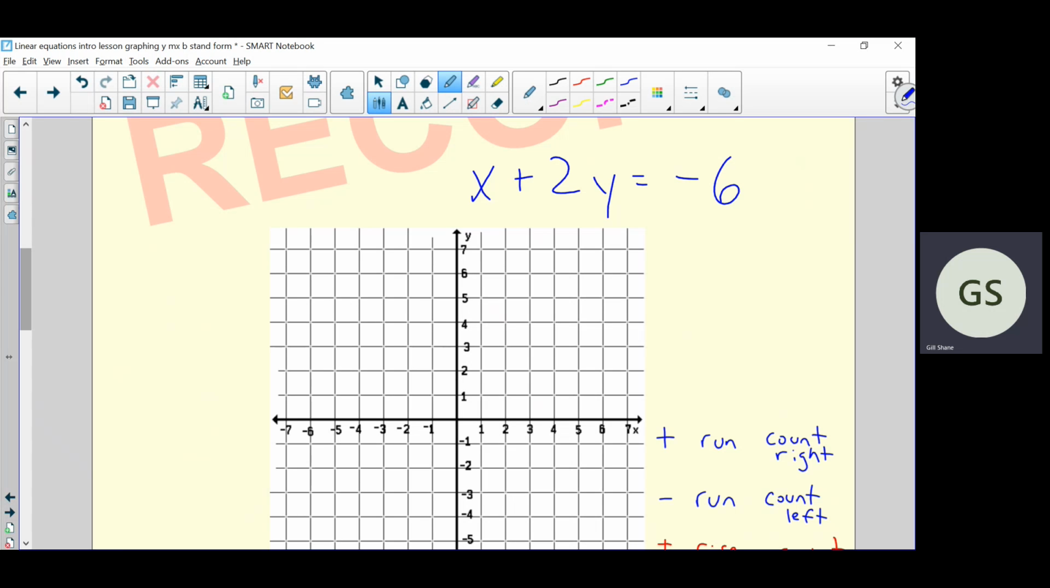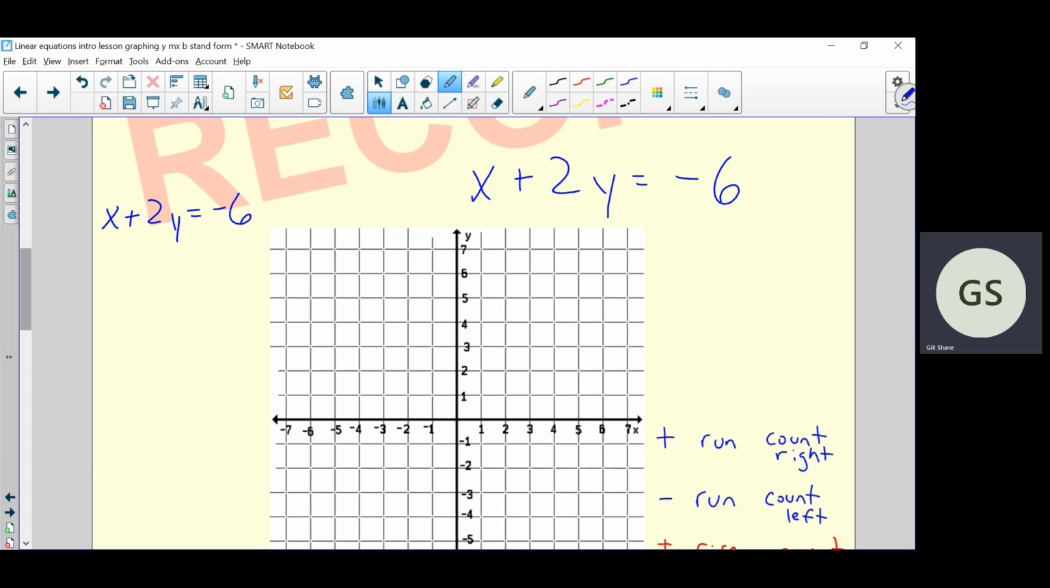There is no slope, no y-intercept in this type of formula. That's only when y is all by itself. So I've got to do the whole process of plugging in 0 for x and then solving for y, and then plugging in 0 for y and solving for x. So if this is my equation,